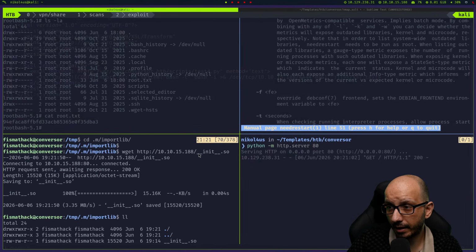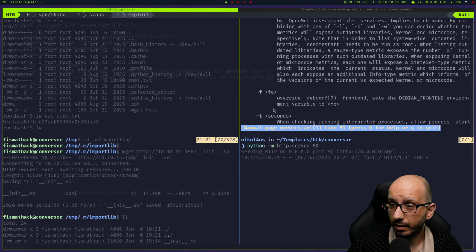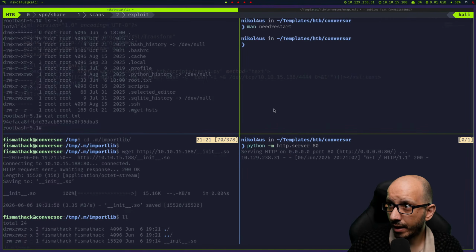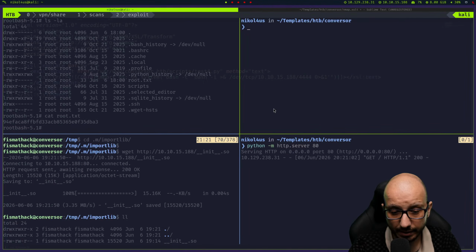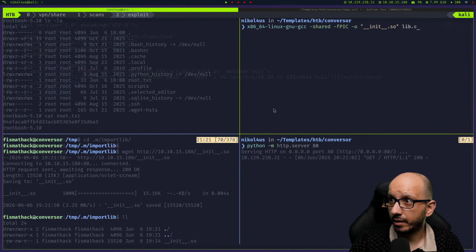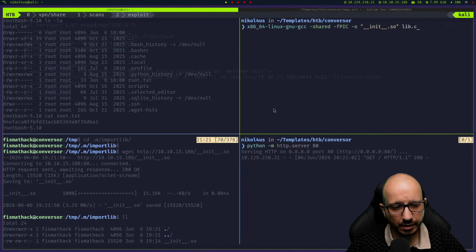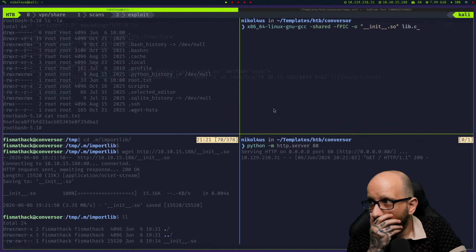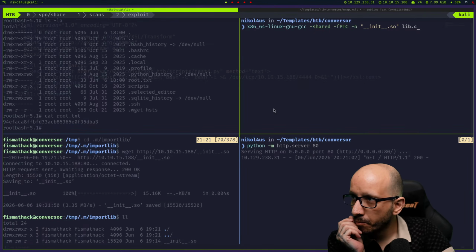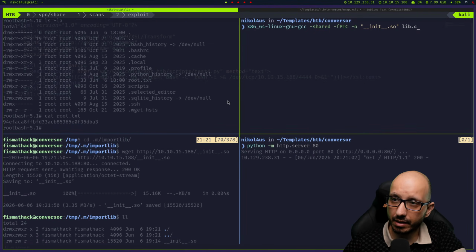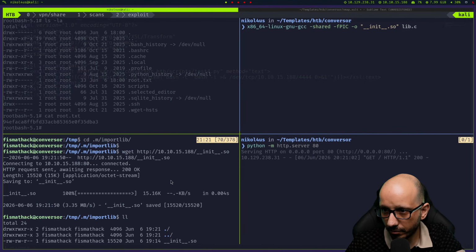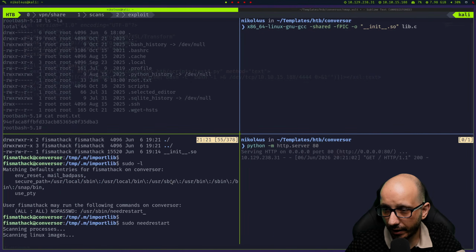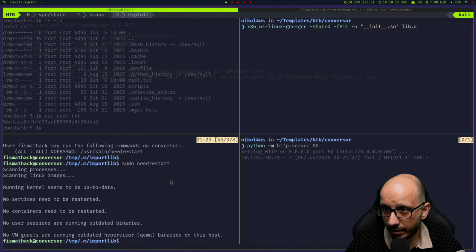First we compile this .so file from our environment, again using the cross-platform GCC, and I'm happy that this worked. We transferred the file into the server,